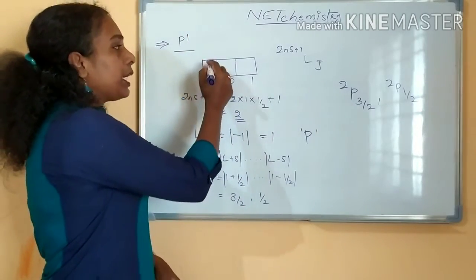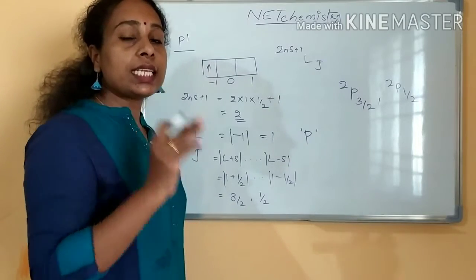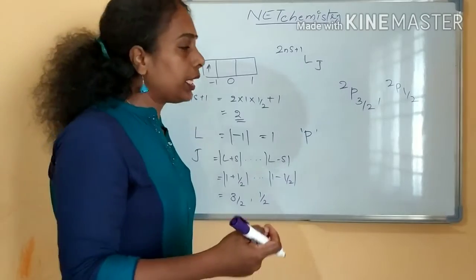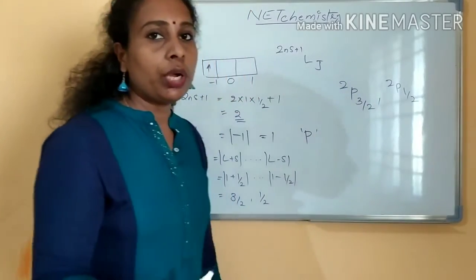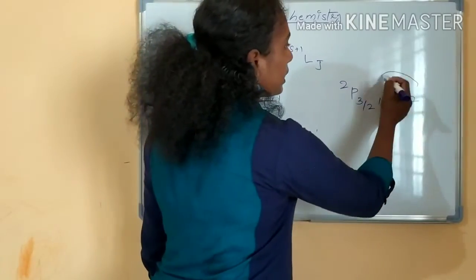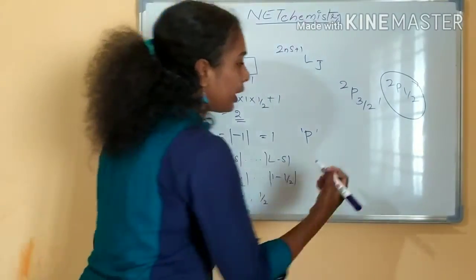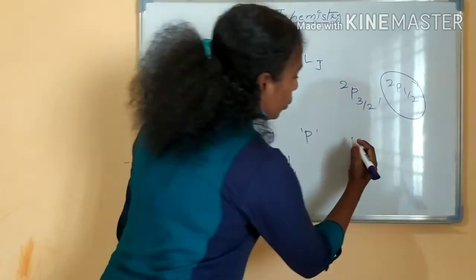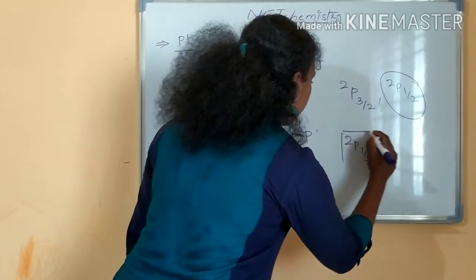Here the configuration is p1, only one electron. One electron means it is less than half filled or more than half filled? It is less than half filled, right? p1 is less than half filled, right? So what J value you have to consider? You have to consider the lowest J value for less than half filled. So your ground state term symbol for the p1 configuration is 2P1/2, right? 2P1/2.